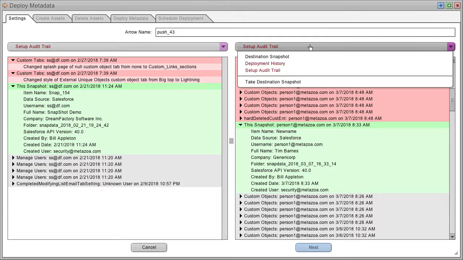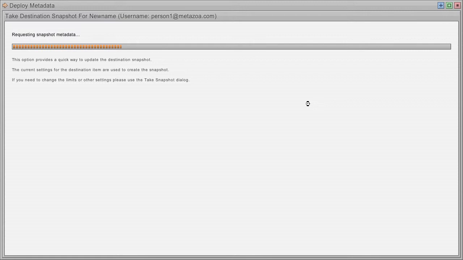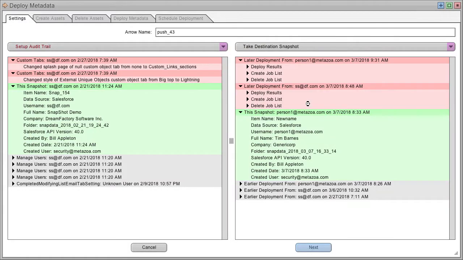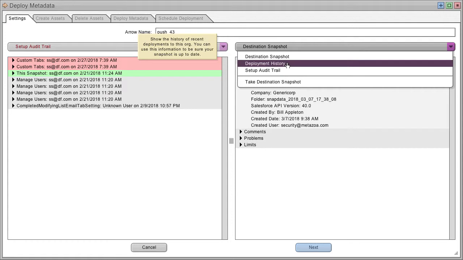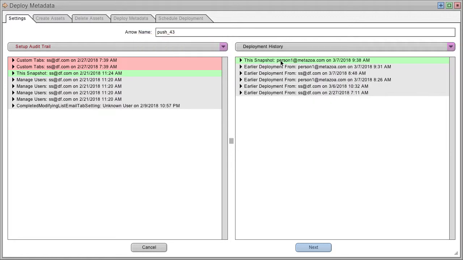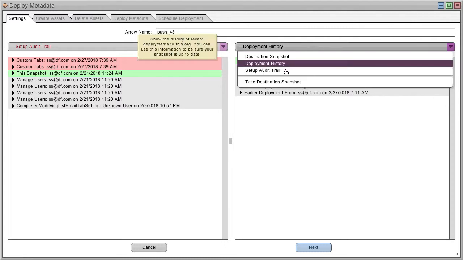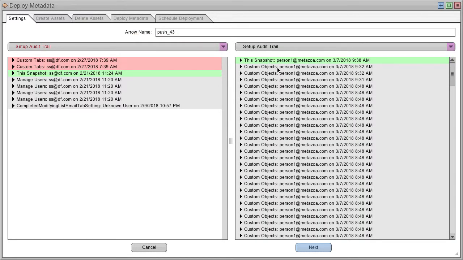So in this case, we're going to choose to take a destination snapshot and update this snapshot. And so now you'll see the interface refresh and the destination snapshot is completely up to date. Look at the deployment history. It's the most recent snapshot after any other deployments. Look at the setup audit trail. Same deal. There were changes in the past, but no changes have been made by an administrator after this snapshot